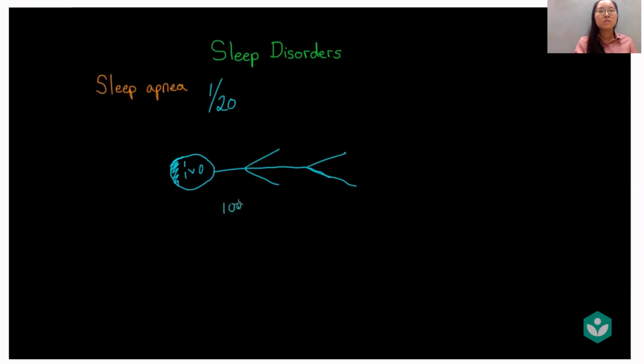And this can actually happen as many as hundreds of times each night, which is a lot, because you're constantly drifting kind of between sleep and wakefulness. You don't really get enough of your deeper stages of sleep. So it prevents you from going into the M3 state, or the slow wave sleep.